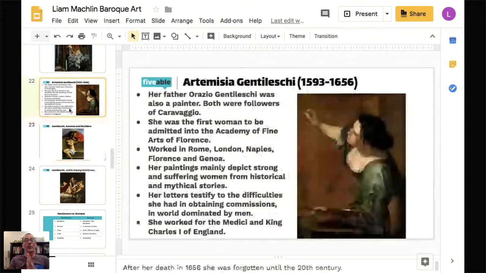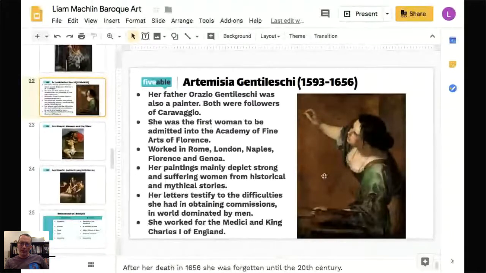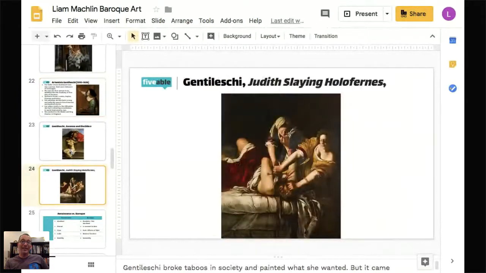If you want to use her as an example in any test that you take during Baroque, Renaissance, and so forth about the status of women, she can always be used as an example. A very, very interesting painter. You can even see that self-portrait of herself that she did. She took a big part of it. She was actually a very large woman in size, but she managed to make all that part disappear from a certain angle. So that's pretty much about the Italian painters over here, but let's do a little compare and contrast,